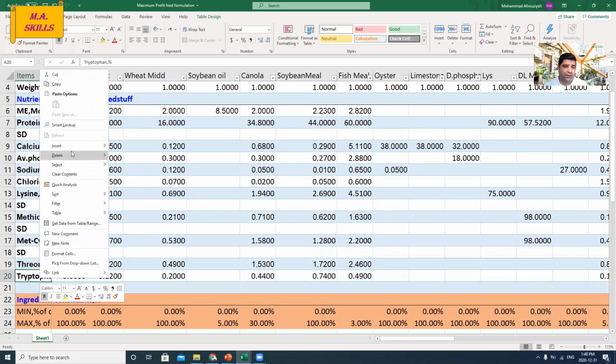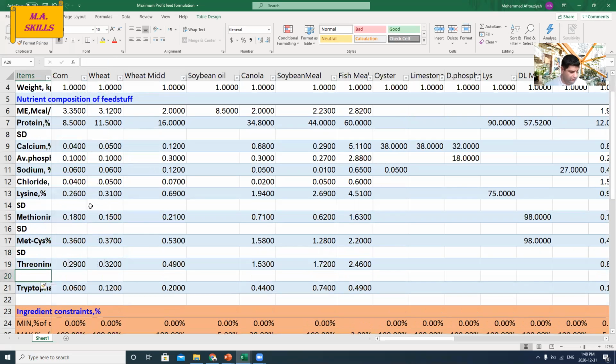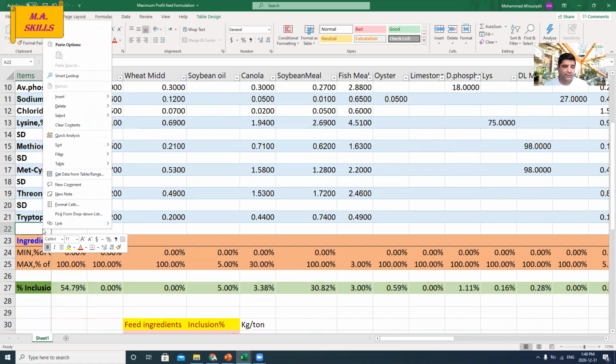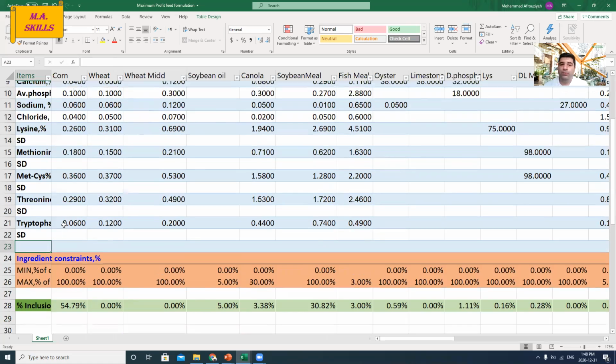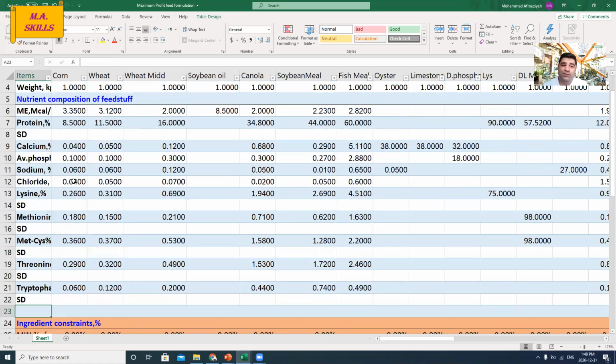And I need to add one more for threonine, and the last one for tryptophan. There we go. So the next step is to copy and paste the standard deviation values for protein and amino acids from the